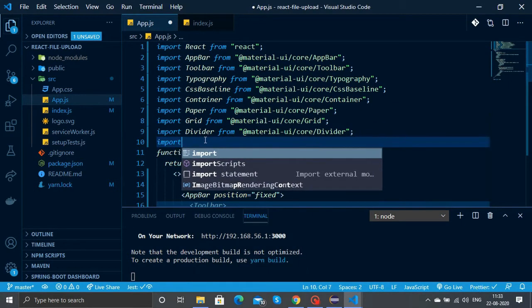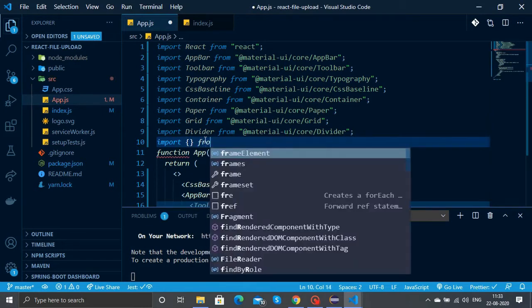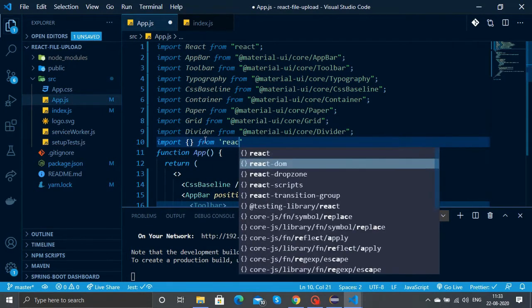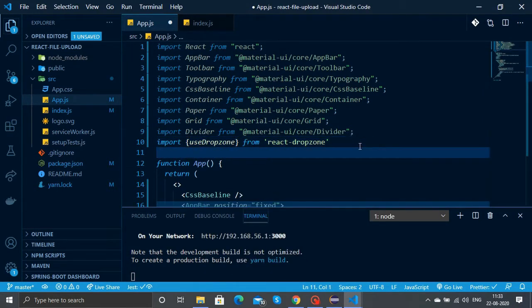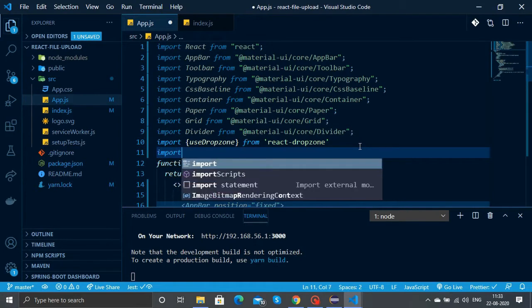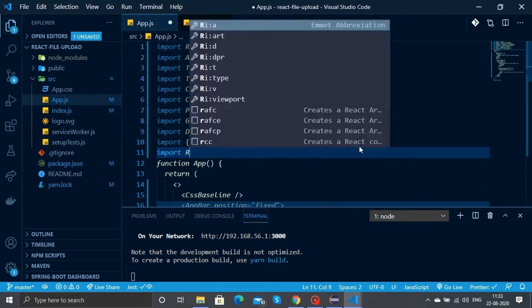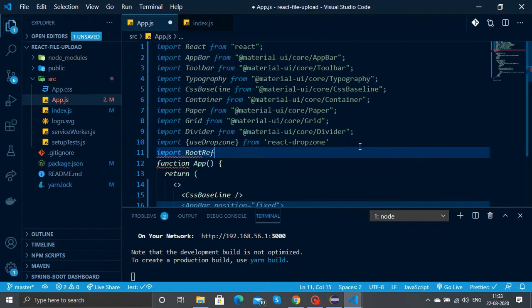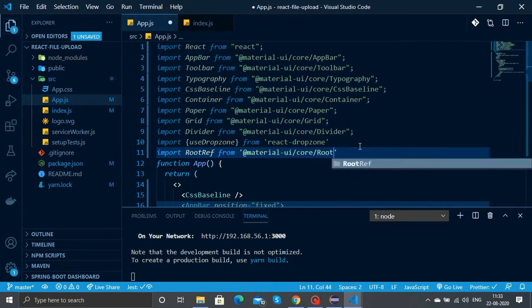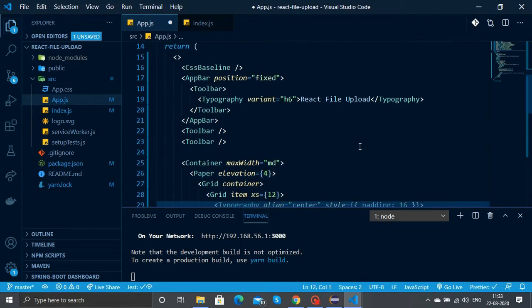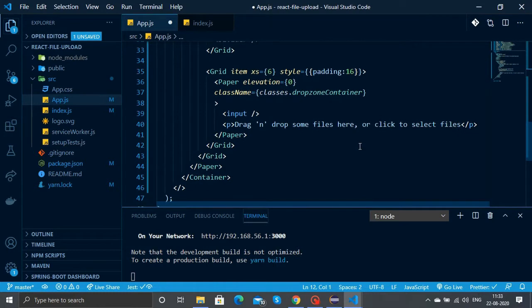Now we'll go and import the drop zone. We'll import the useDropzone hook from react-dropzone. Also we'll import something called RootRef from Material UI. All the Material UI components don't give us direct ref access, they only have a forward ref.